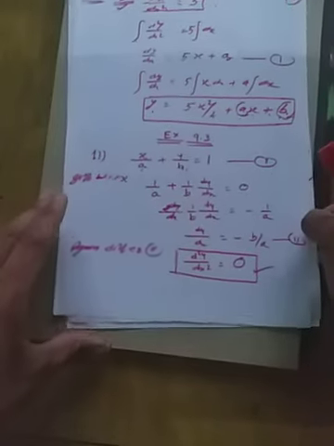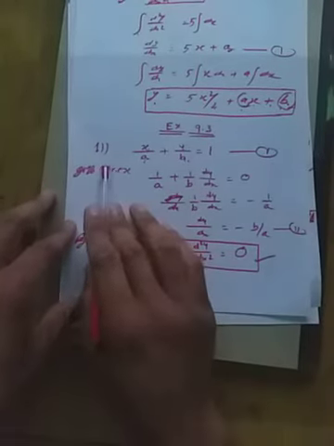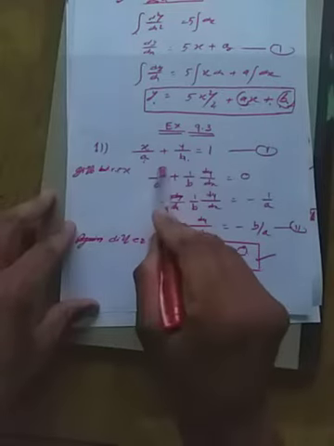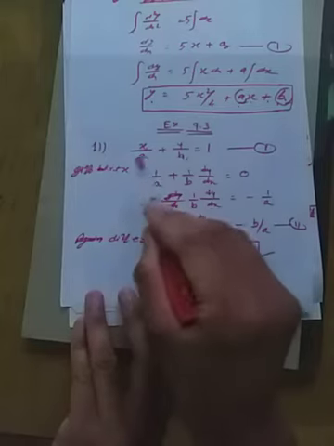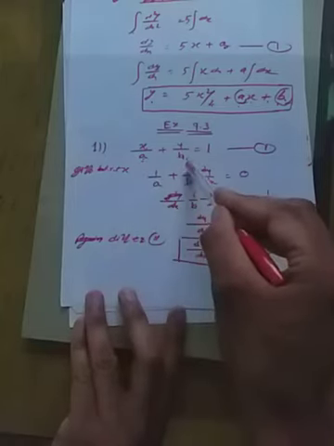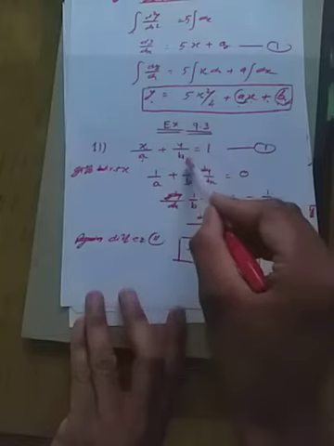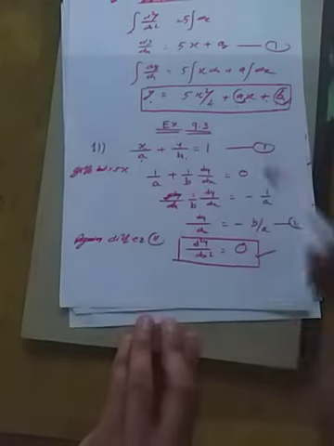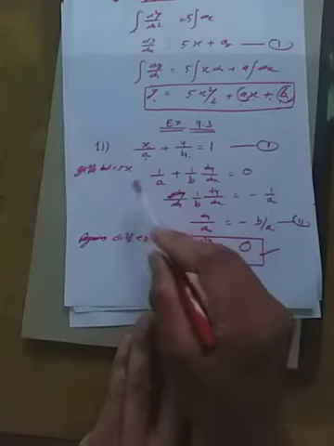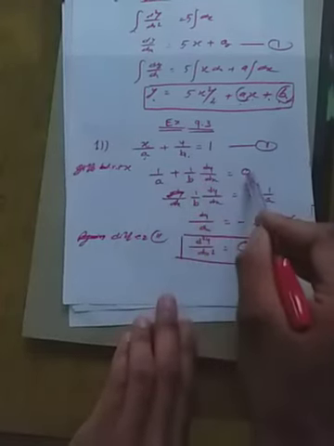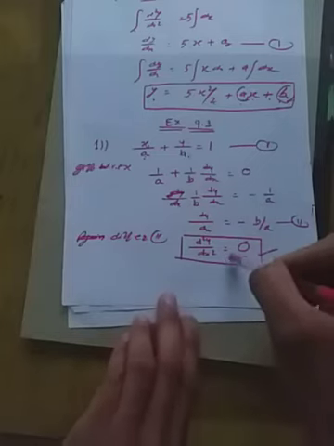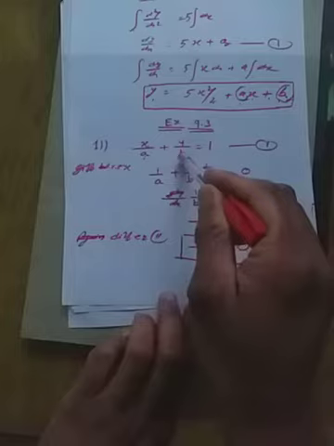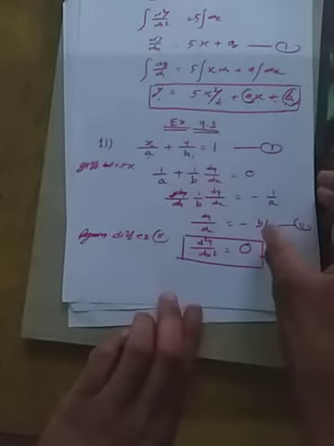Come to exercise 9.3. First question, I have to find out its corresponding differential equation. Since in this equation there are two arbitrary constants, we can differentiate this equation a maximum of twice. After differentiating with respect to x, we get dy by dx equal to minus b upon a. Again differentiating, d square y by dx square equal to 0. This is the required differential equation of the given linear equation.